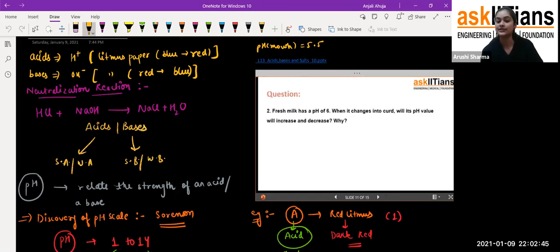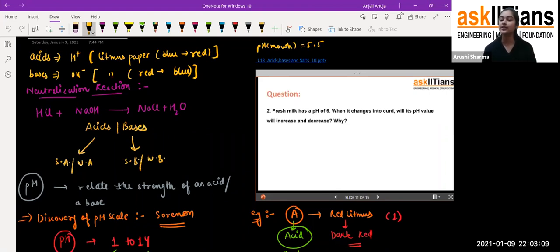Another question. Fresh milk has a pH of 6. When it changes into curd, will its pH value increase or decrease? Why? Think about it. Milk has a pH of 6, but we convert it into curd, so what will happen? So students, the answer to this question is that the fresh milk which has a pH of 6, when